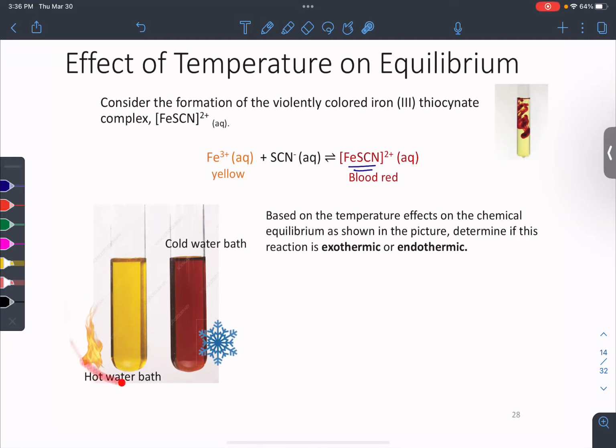Okay, so based upon this picture, I did this experiment. I put this system in a hot water bath and a cold water bath. Tell me, is this reaction endo or exothermic? I would suggest putting triangles somewhere and testing it. If it matches your observations, then it's correct. If it doesn't, put the triangle in a different spot and see if it matches your observations. So you tell me, is this an exo or endothermic reaction? And then whisper it to someone near you.